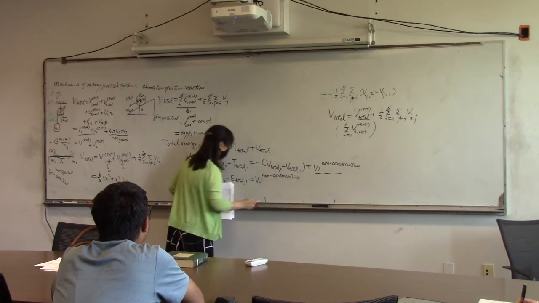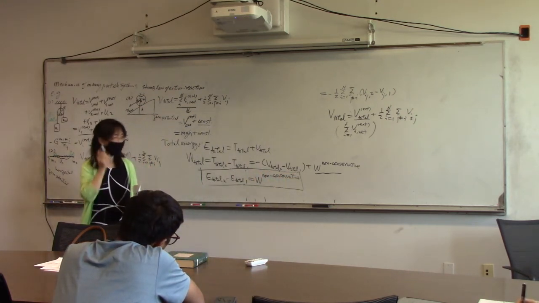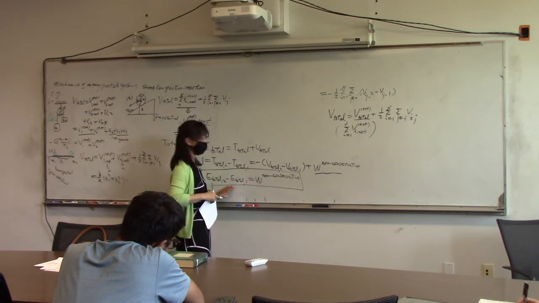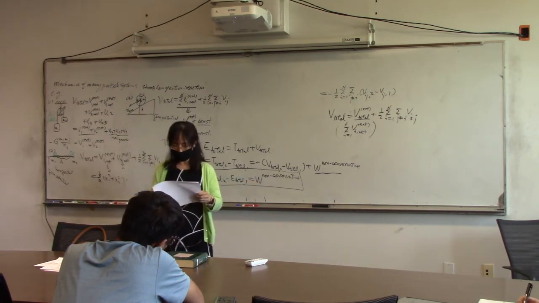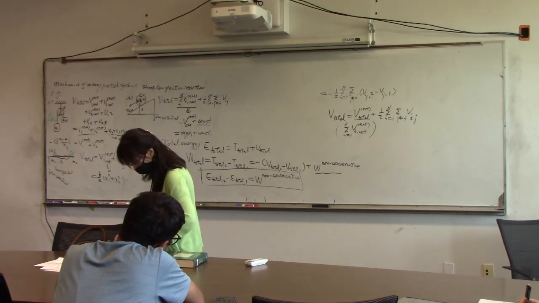And this, I think you're familiar with, is the work energy theorem, right? If there's no non-conservative force, it's conserved. All right, so now so far we have covered all this, the single particle and many particle